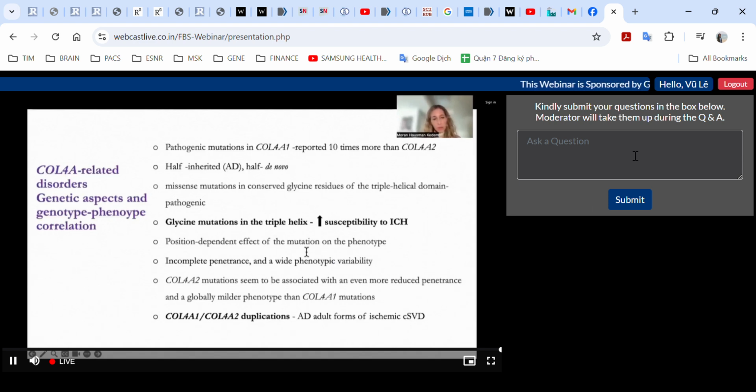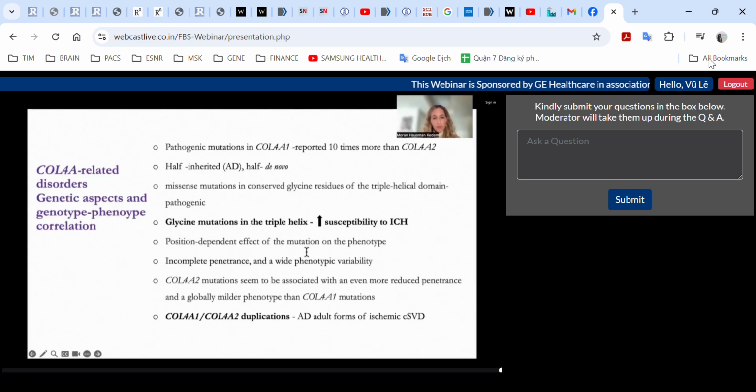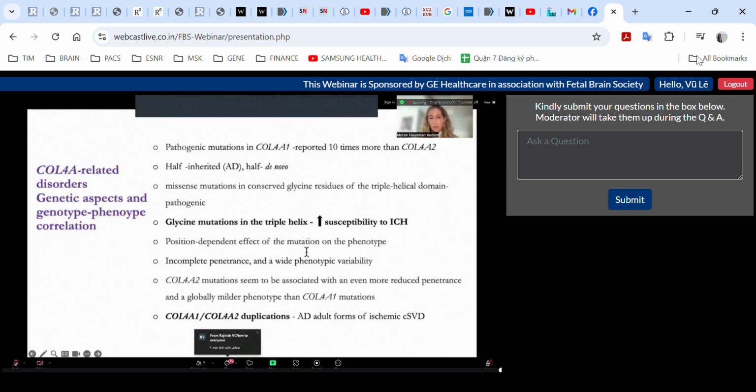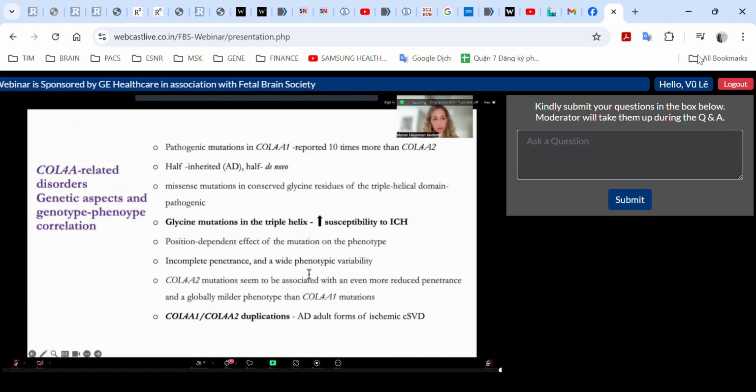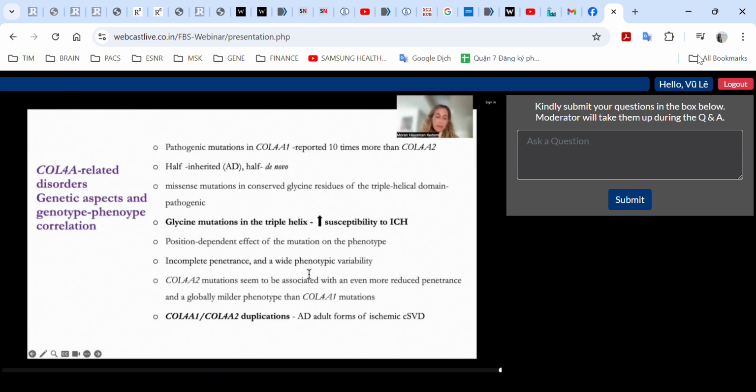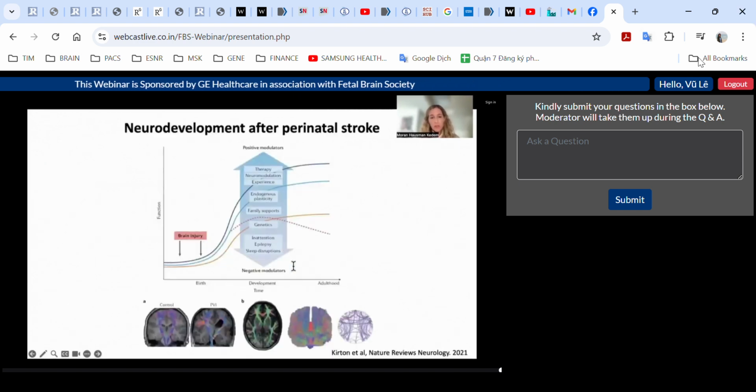There is also a position-dependent effect of the mutation on the phenotype, so depending whether the mutation is in the C-terminal domain or the N-terminus domain, and this may affect the phenotype. But we also know that there is incomplete penetrance and a very wide phenotypic variability, and it is thought that COL4A2 mutations seem to have a better phenotypic spectrum and a milder phenotypic spectrum, but this is really not completely understood. So to conclude, the long